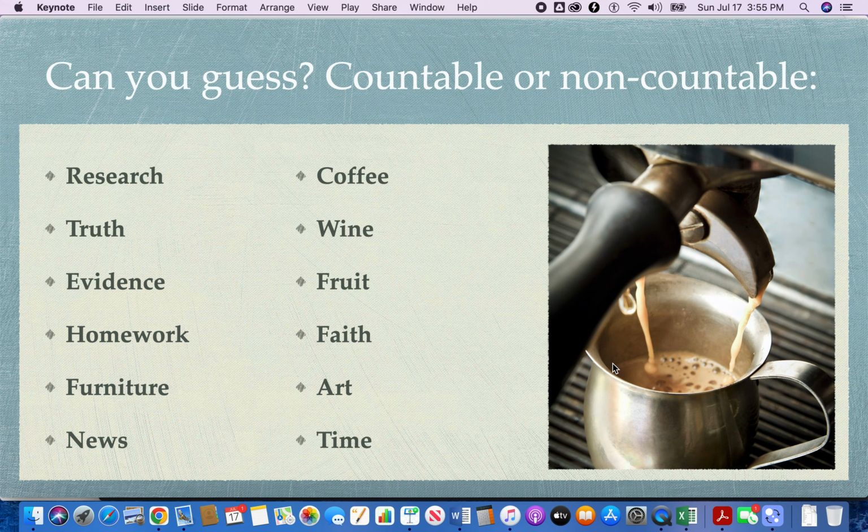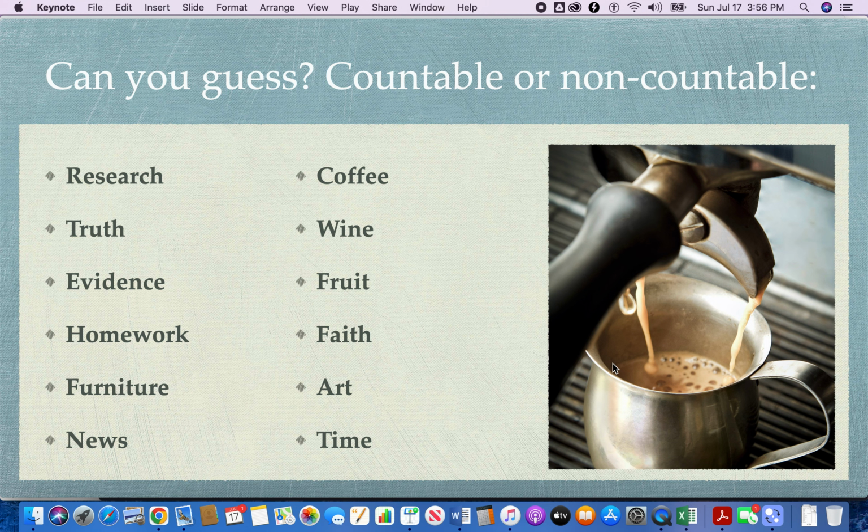Now you guess, are these words countable or non-countable? Say it to yourself while you listen to me say the words. Research. Do you say research is or researches are? Is it countable or non-countable? I'll say them again. Research,